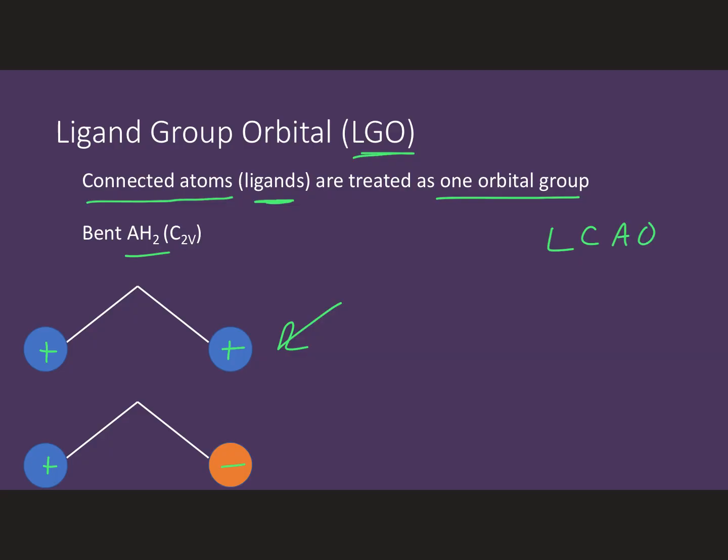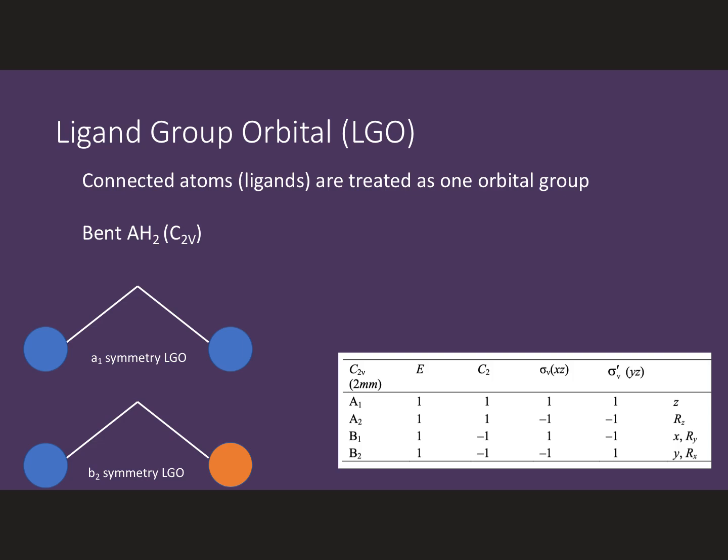That should also be something that we should remember, because if we start with two atomic orbitals, we are going to generate two ligand group orbitals. Nothing is created, nothing is destroyed. Don't forget that. But now we can look at these and say, what are these going to look like in terms of symmetry? So, for example here, the positive-positive combination of an AH2 molecule, which is C2V symmetry, let's look